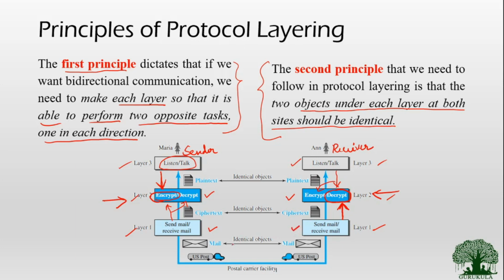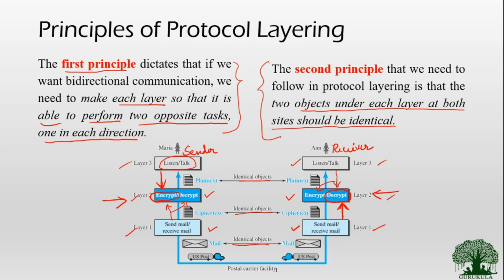So as you could see, there are identical objects present both at the sender side and the receiver side. So these two principles have to be followed when we are establishing a protocol layering. We cannot leave this to the hands of the network device manufacturers or the companies that are king in